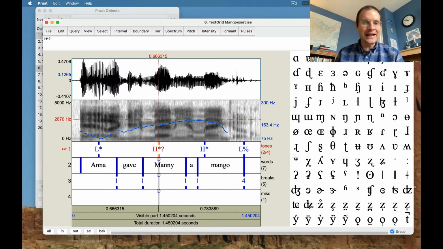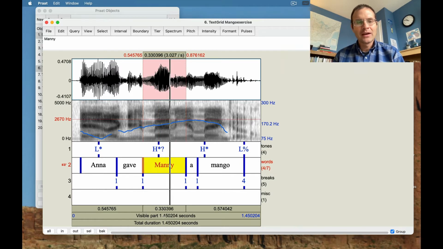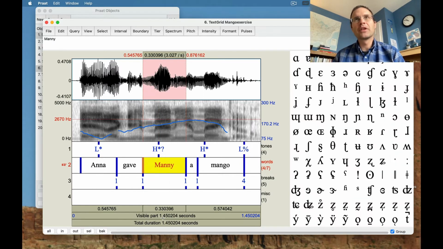So it's not like an official answer or official element in the system. It's just, maybe there's a pitch accent here, maybe not. Manny, and I gave Manny a mango. And one of the reasons I like to do this in class is because it kind of replicates the approach